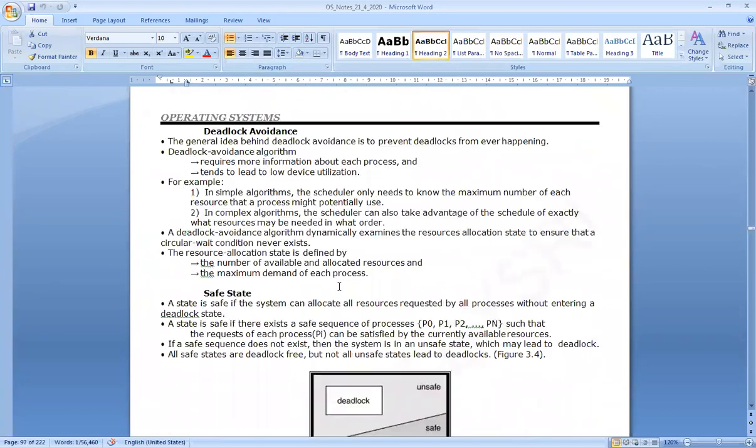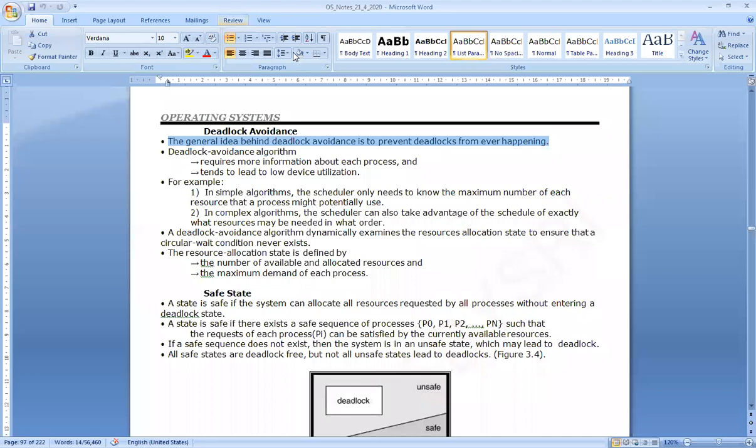Then we started deadlock avoidance. What is deadlock avoidance? I think we studied this in the last class too. The general idea behind deadlock avoidance is to prevent deadlocks from ever happening. As the name says, deadlock avoidance means